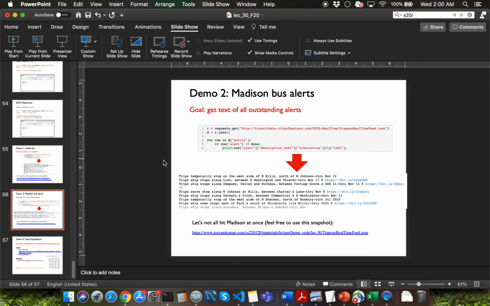I'm not going to go through demo problem 2, but I just want to briefly talk about this particular problem. The city of Madison has a data set which has Madison bus alerts. This is actually a real-time data set which gives you data in the form of JSON file format. You can try to access this data set by sending a HTTP GET request to this particular URL directly on the City of Madison website, or you could just use a snapshot that I've uploaded as part of the course